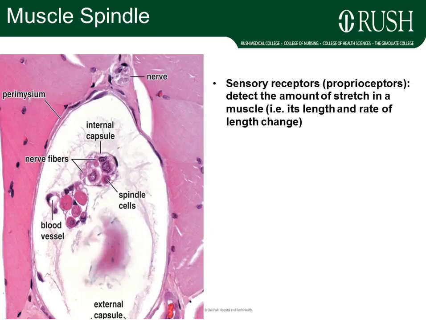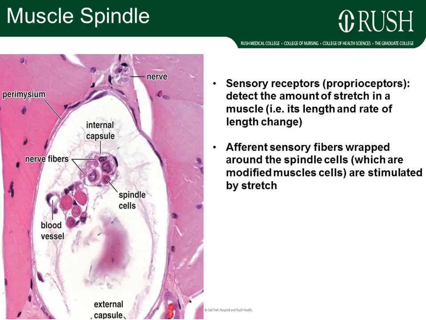Let's talk about the muscle spindle. What is this? The muscle spindle is a sensory receptor or proprioceptor that detects the amount of stretch in a particular muscle. These are afferent sensory nerve fibers which are wrapped around spindle cells. Now, spindle cells are specialized or modified muscle cells, and